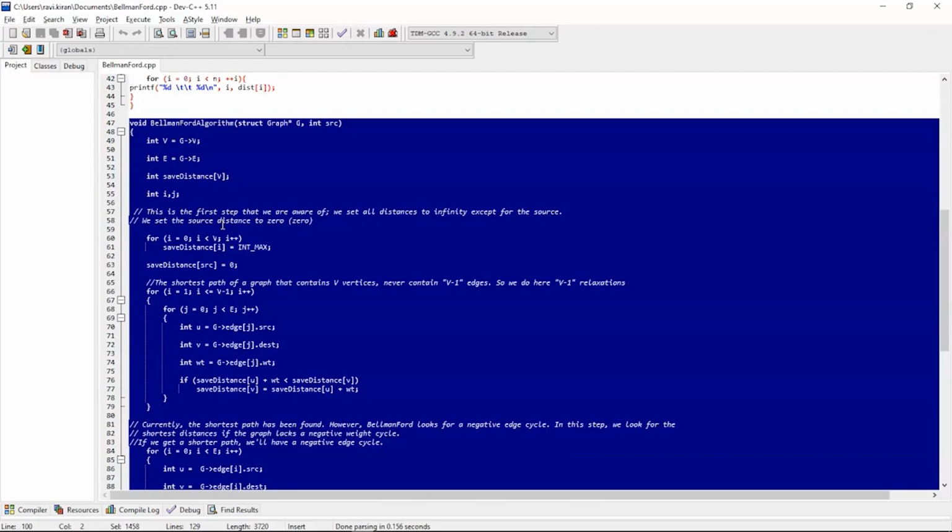After that, we declare two counter variables i and j. After that, we run a loop from 0 to the number of vertices, and in this loop, we set all distances to infinity except the source, which is set to 0. Now, we run a loop from 1